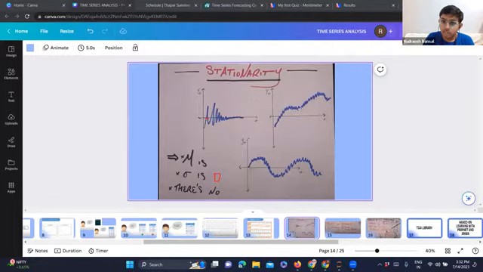Now, if we come to the second graph, we can see that the values are not varying much about the mean point. So we can say that the standard deviation is zero.